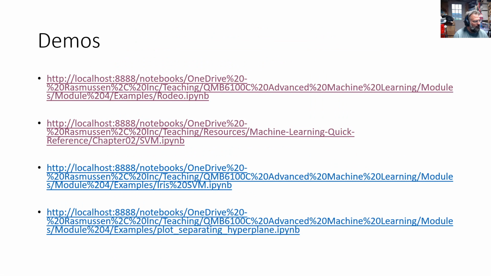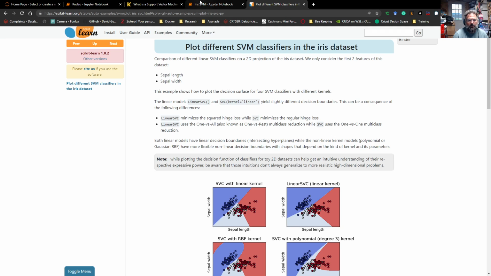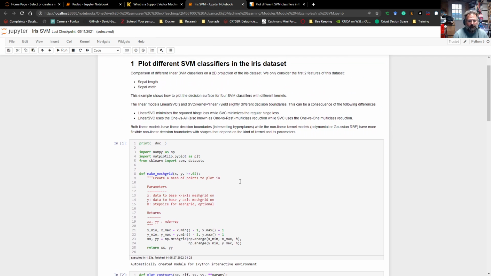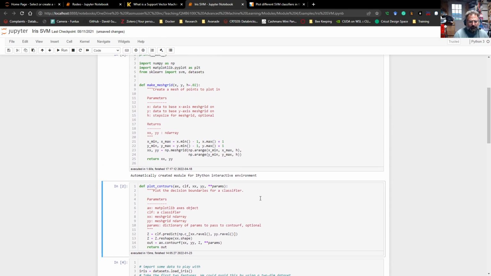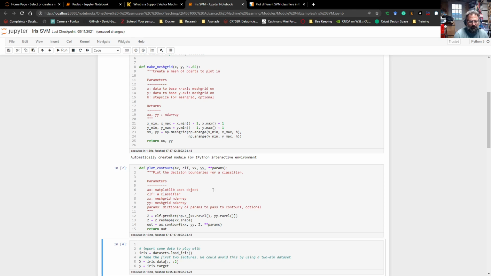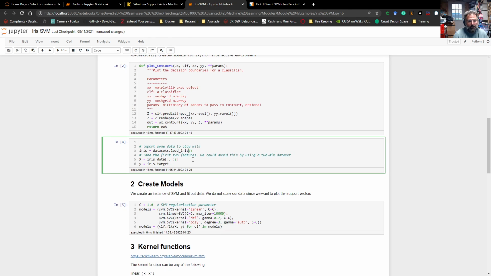Moving back and on to the next one. And this is an example from scikit-learn, revisiting Iris this time with some different types of classification. And as you recall, there's a couple of those that are really hard to tease apart because, and frankly, they're probably hard for people to tell apart. So we're defining some functions up here, making a mesh grid, plotting the contours. Then we load up Iris,